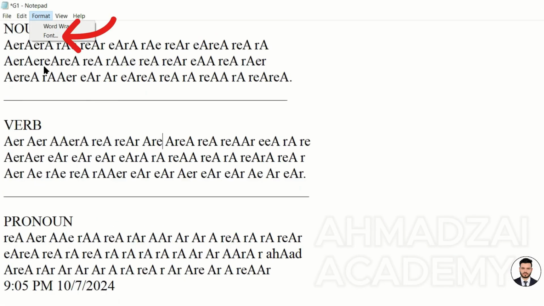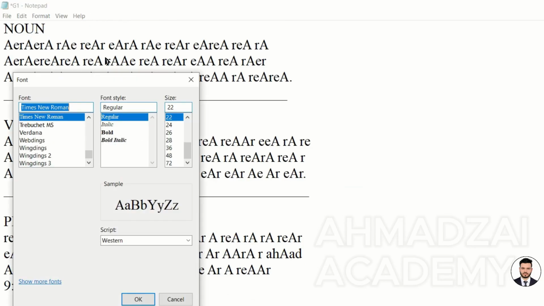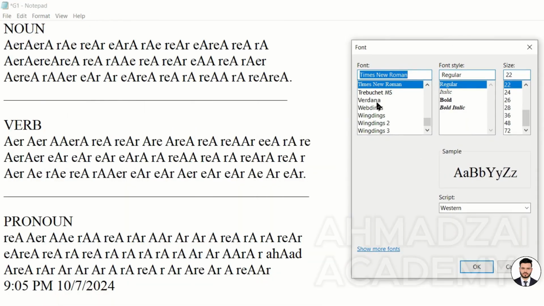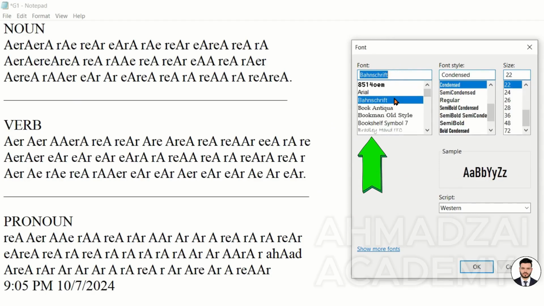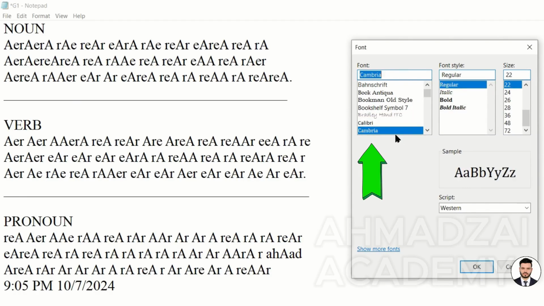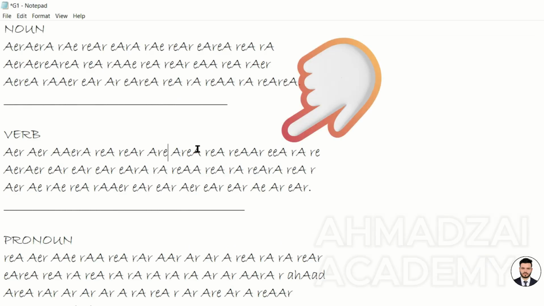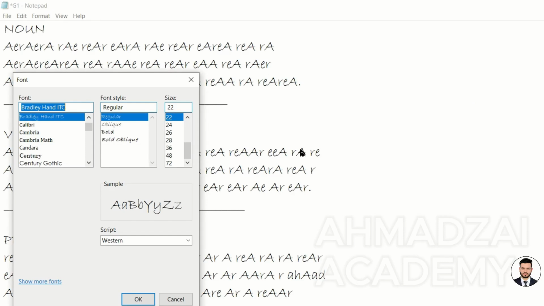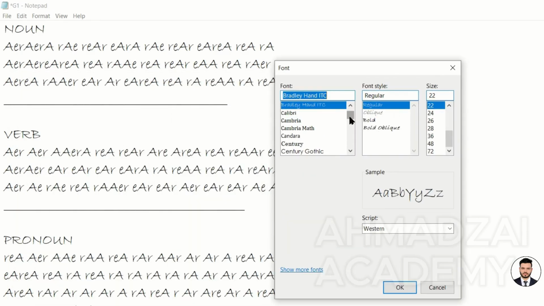We have another menu called Format. In Format, the first thing we have is called Font. In the Font section, we decide what kind of script and writing style the text we write should have. That is, there are all these different fonts. Each font has a different design. When you say it's written in that font, it takes on that style. There are various fonts. You can choose any font you want from the list.